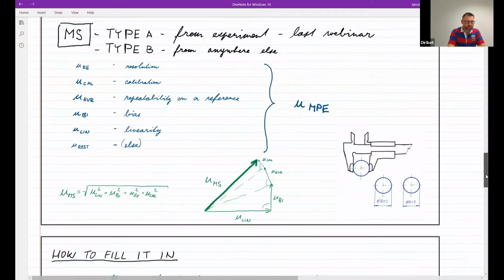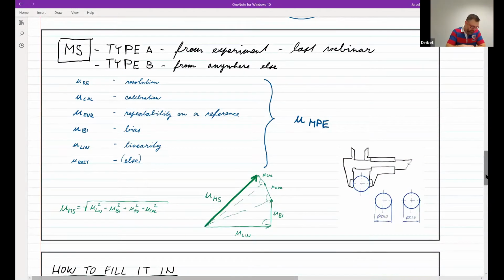So what are these? This is the list which is generally being used by the standardized methods, and this is not at all to say that these are the only uncertainties that matter, but have this as a list that reminds you of all the parts that you at least need to think about. And if you find out that some of these are irrelevant for your process, for your measuring system, then you can omit them. You can assume they are zero.